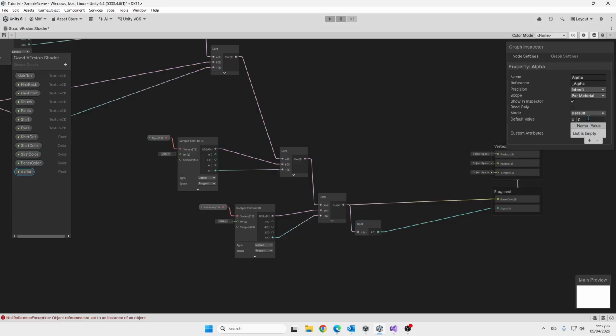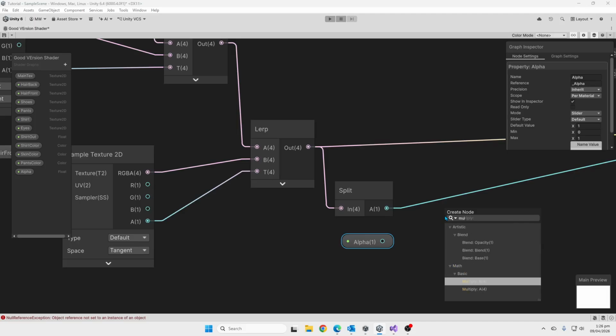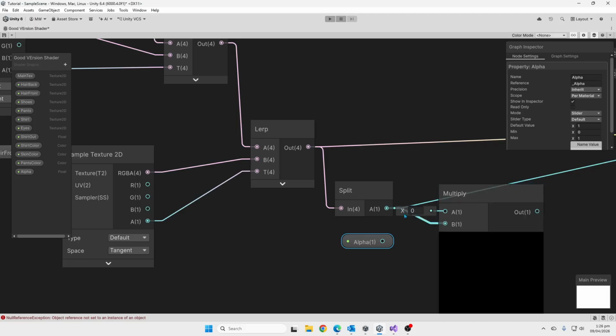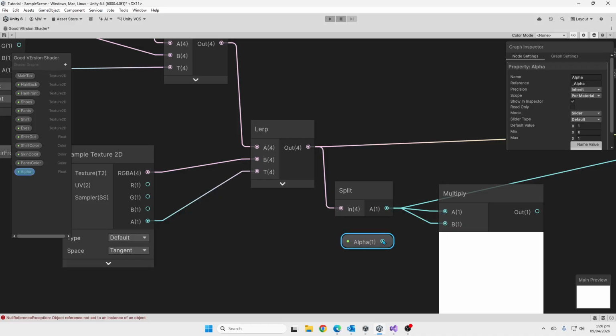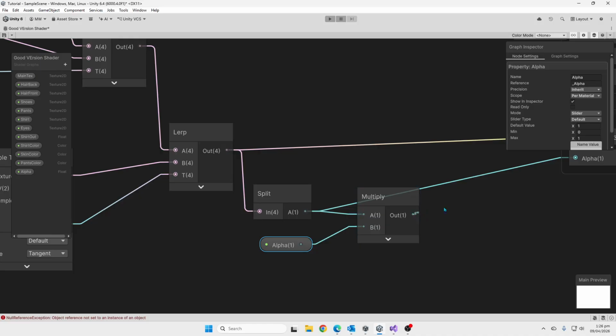Up here, I can switch this up to be a slider, max 0, default value is 1, and we're going to bring this in now and do a multiply from the split. Oops, that should go there, that goes there, and now we can take this out to our alpha,